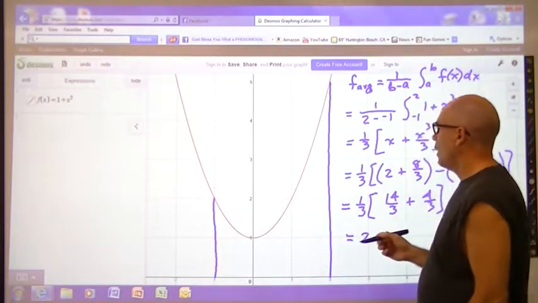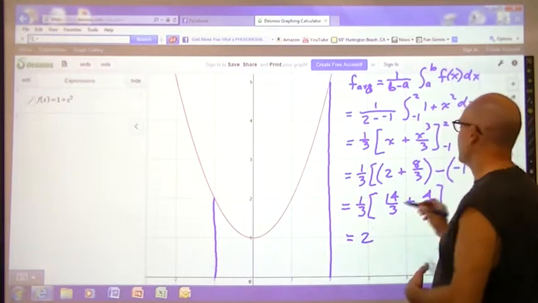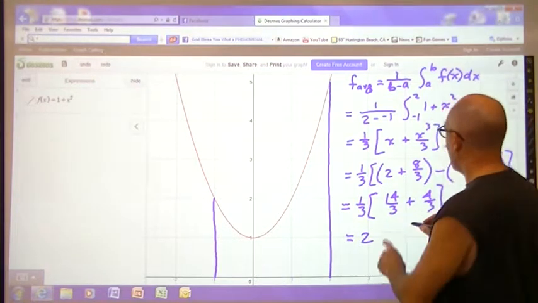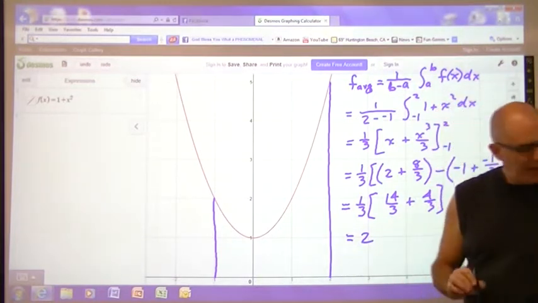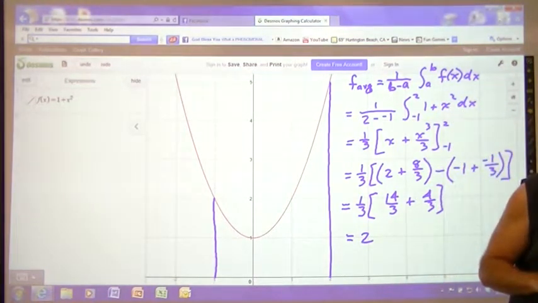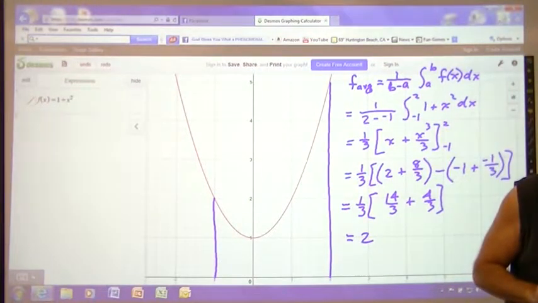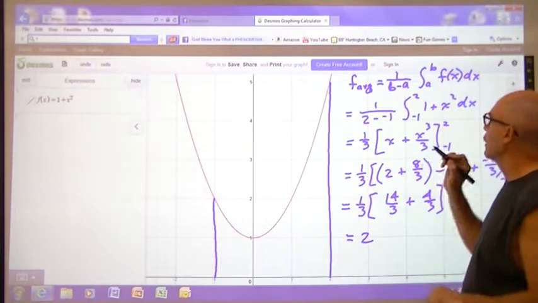Now, where does that occur? Well, let's talk about that later. Basically, that's it. The average value is 2, and that's all we're interested in right now. Okay. So, cruising onward,